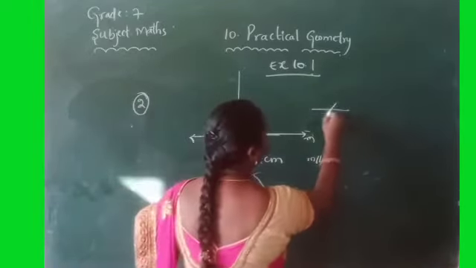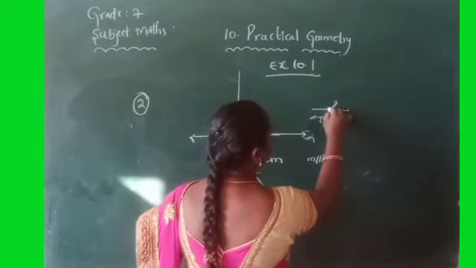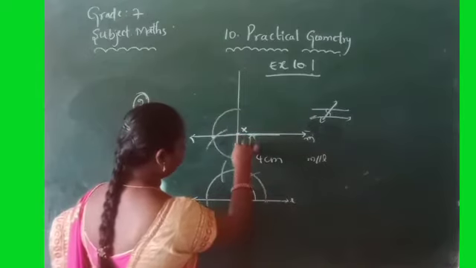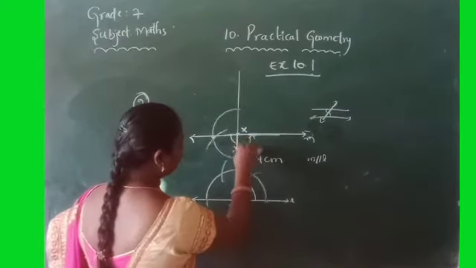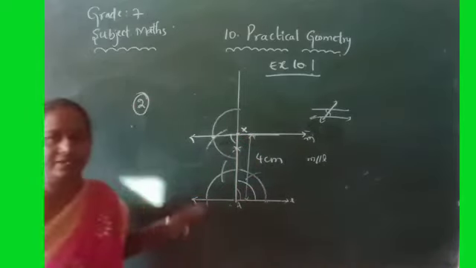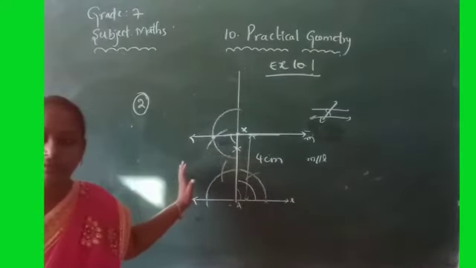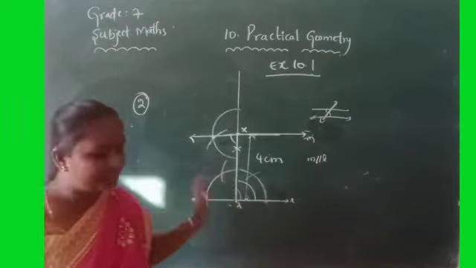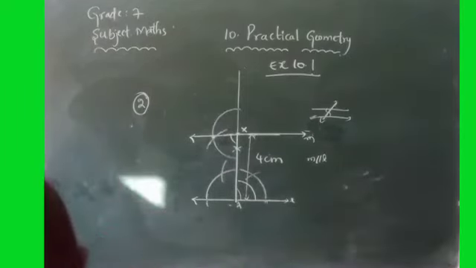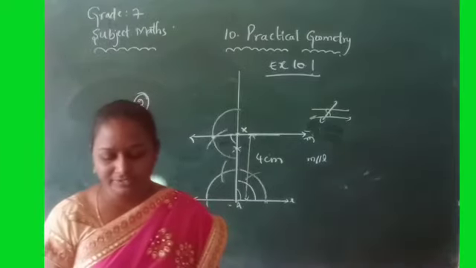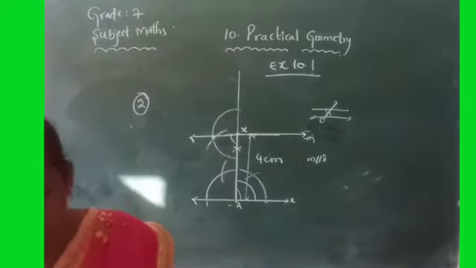If a transversal cuts the 2 parallel lines, their alternate angles are equal or not? Same. If it is a transversal, this angle is also equal. Okay, children? Like this you can construct the figures. And you have to write the steps of construction. How to write, I already said to you.